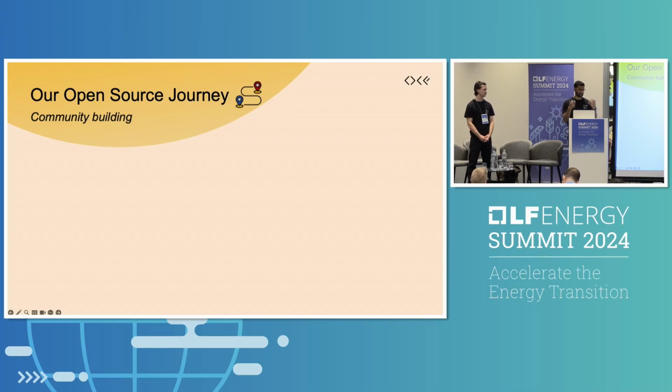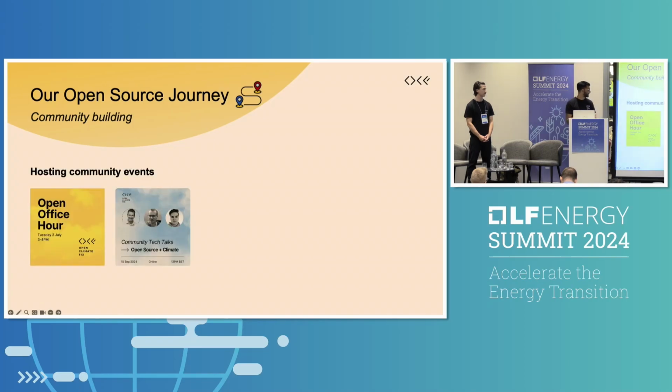What we've been doing recently is a few things to try and make that easier. Such as having open office hours, where someone who's actually a user of our tools or is having any issues trying to expand it can come along, and we can have quite deep technical discussions and really jump into what the issues are. We've got some great feedback from that on where we can improve, and we're hoping as well that we can use our open source community to help us improve, so do it in tandem rather than us just trying to fix a thing, work with them to try and fix it together